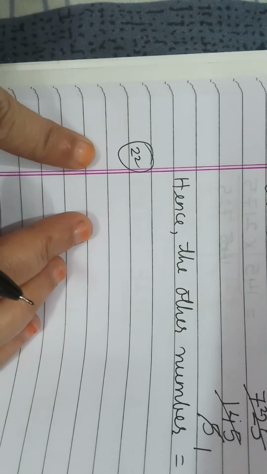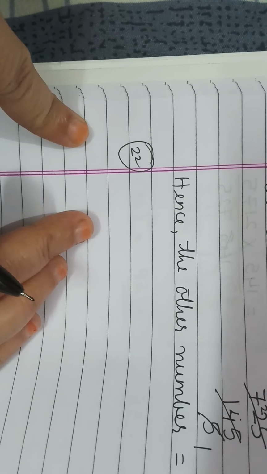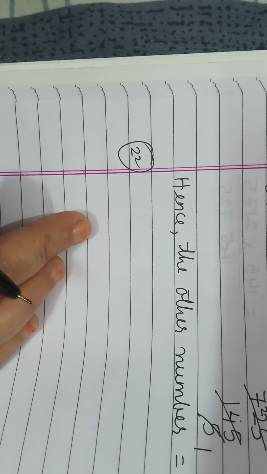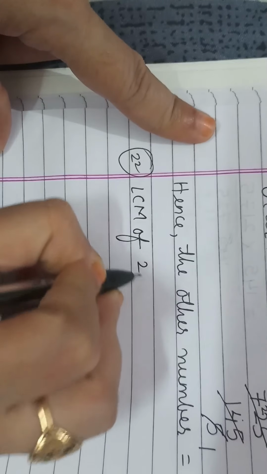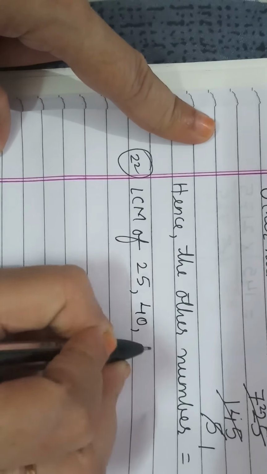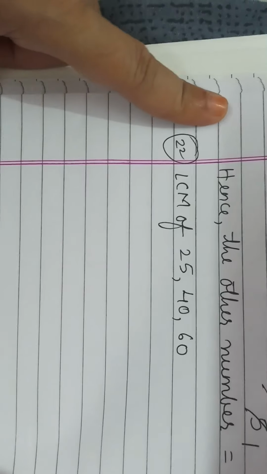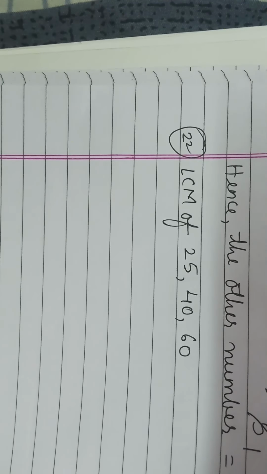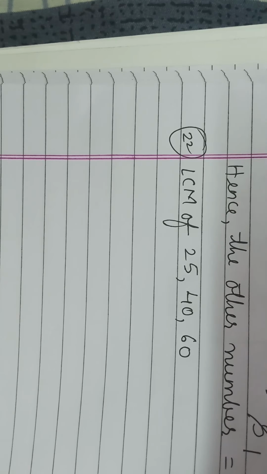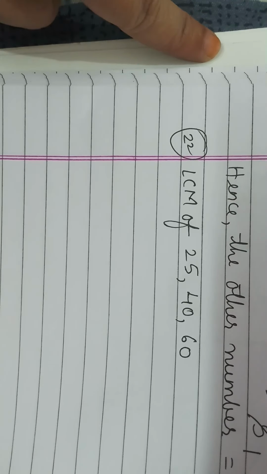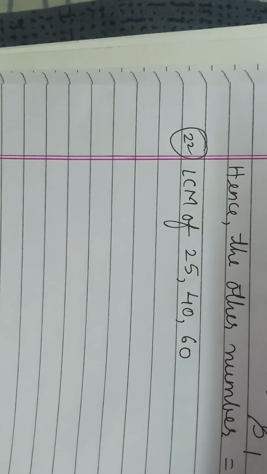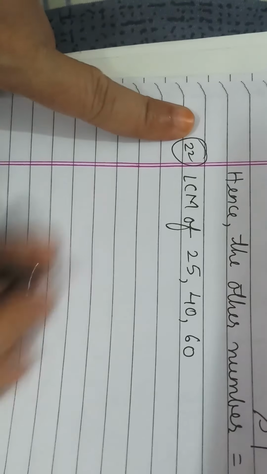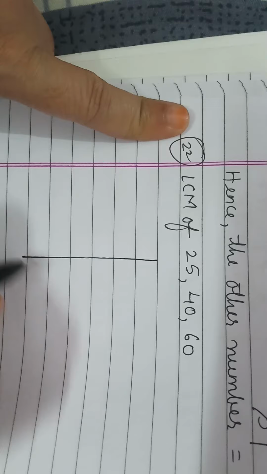Okay students. So question number 22. You have to write the question. I am doing only the solution. Find the least number which when divided by 25, 40 and 60. That means we have to find out LCM of 25, 40 and 60. Now you all know how to find out the LCM. When we were finding LCM, I showed you two methods, that is division method and prime factor method. Yes or no? And in case of that, I told you that I will use only one method. So that method was this one.